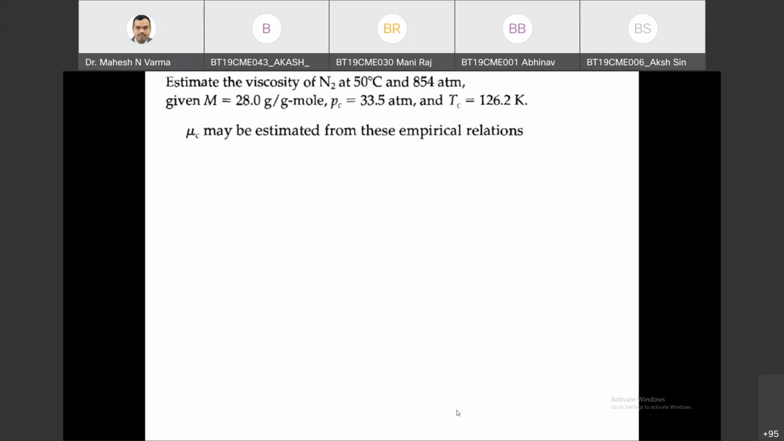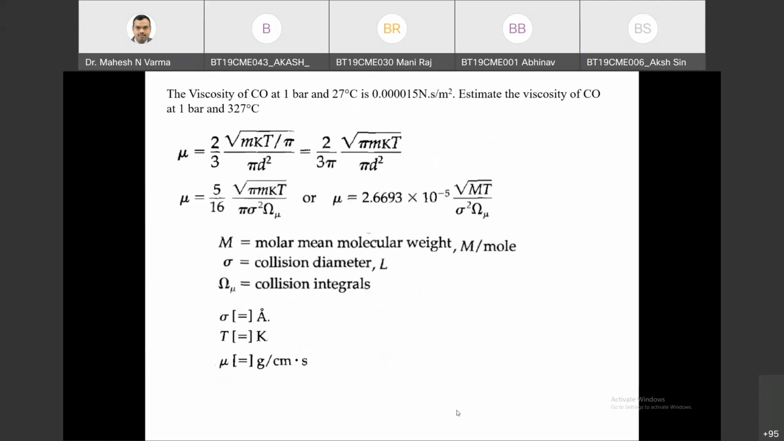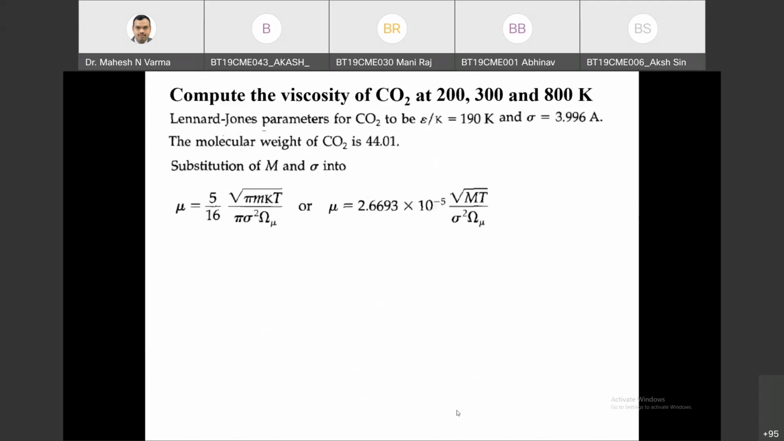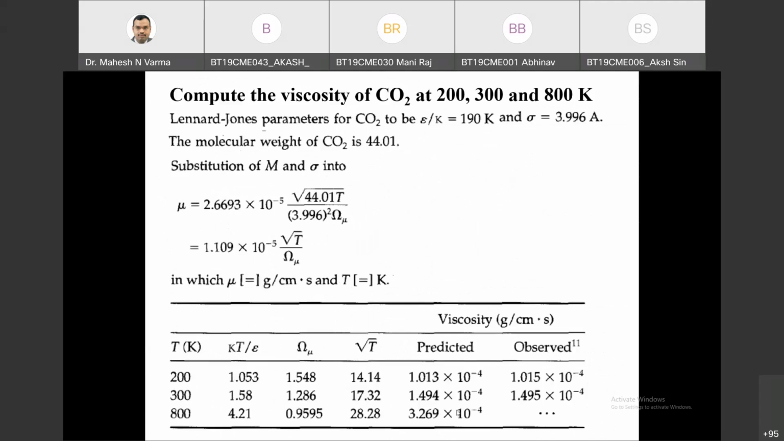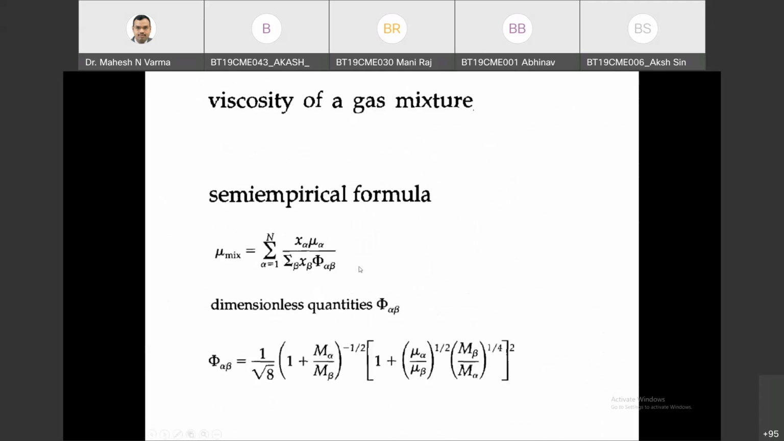So if that is considered, using this is also an empirical summation formula only. Where this interaction, this dimensionless concept, is the interacting parameter between alpha and beta. So it is related to the molecular mass of alpha and beta and the viscosity of alpha and beta. Using this I can get this interacting parameter. Using this interacting parameter I can get the mixture